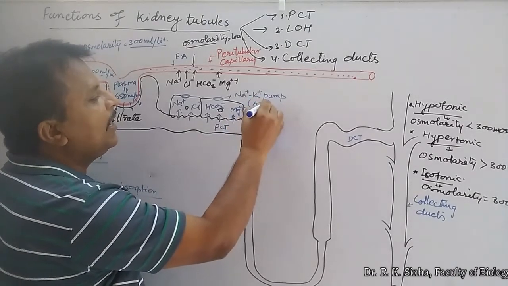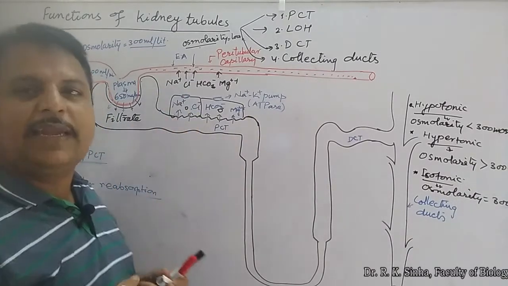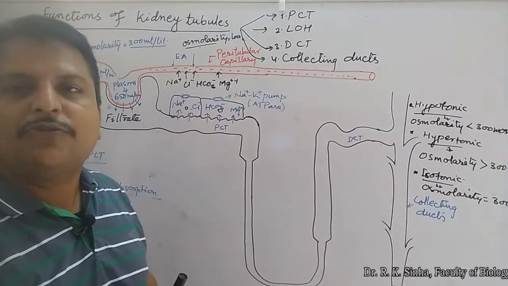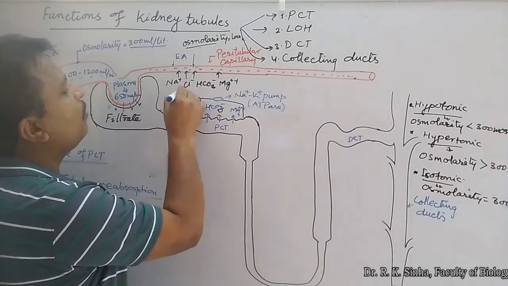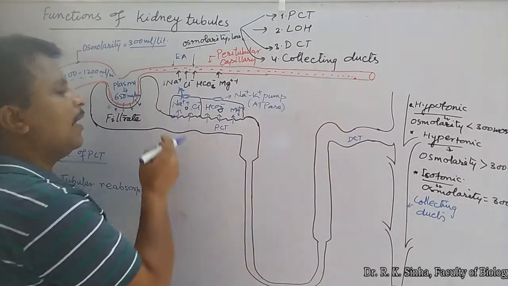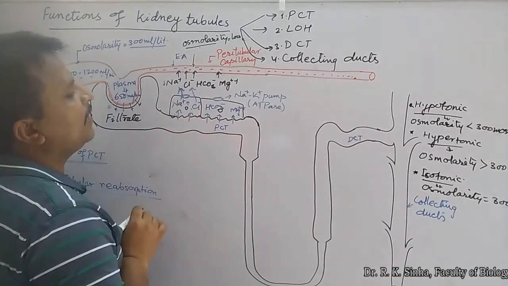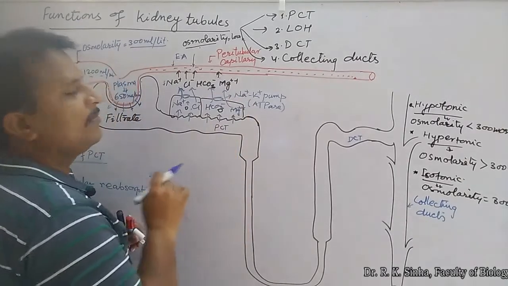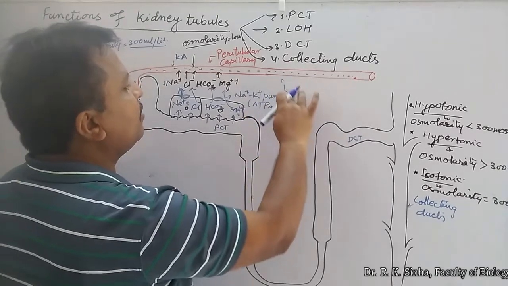This is ATPase, which means ATP dependent. It hydrolyzes ATP to pump out the sodium ion. Now this will send sodium here. The sodium will go because sodium is down here, and now sodium will be up here. So it will move from higher to lower concentration, and this will also move actively from here to here. This will also go here, and magnesium also. Okay, so this is an active process, active reabsorption.